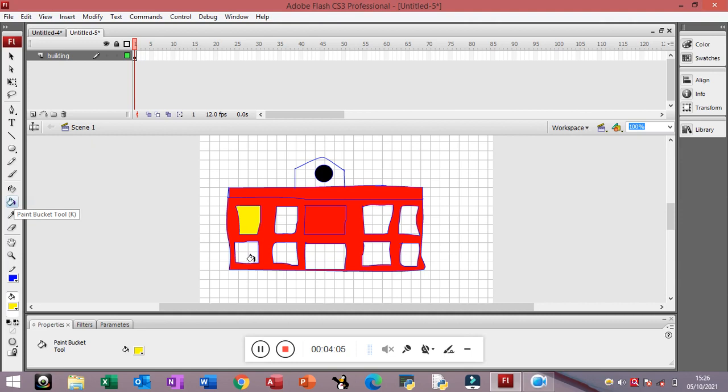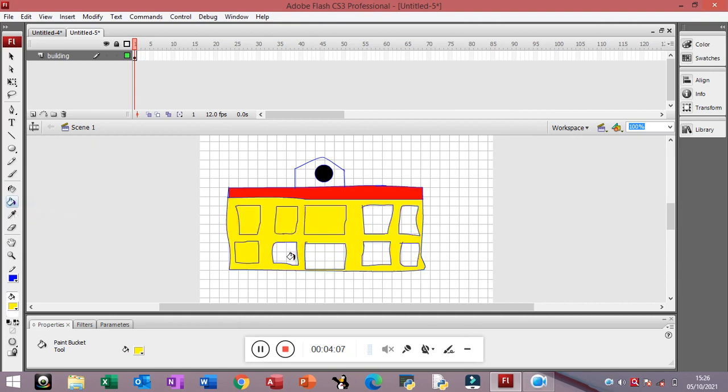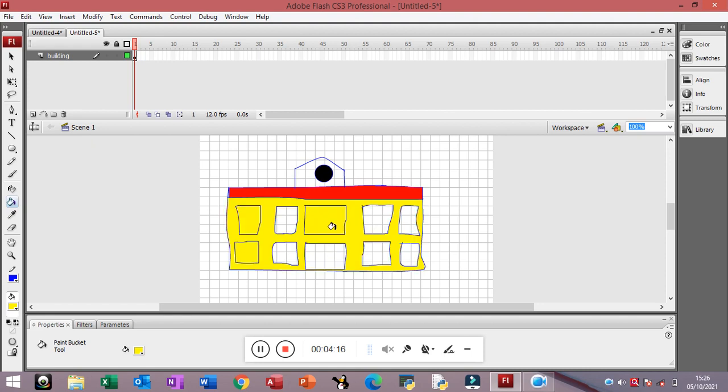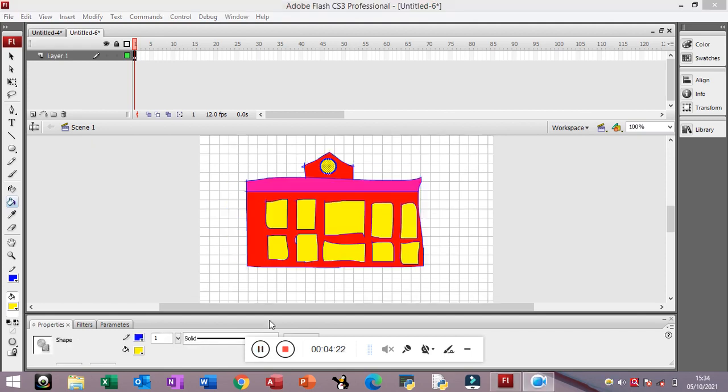These windows yellow. Oh, the color is leaking from somewhere. Where is it coming from? This also became red. Okay. I'm going to check from where this color is leaking. Now you can see this building is ready.